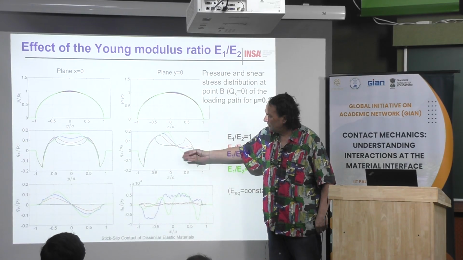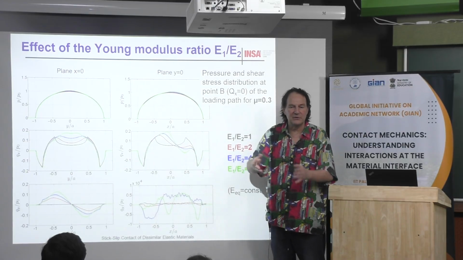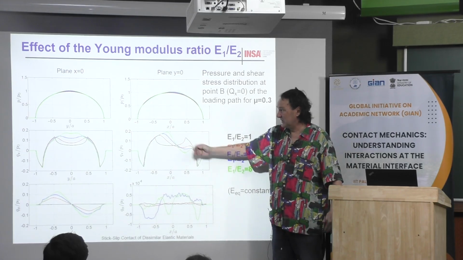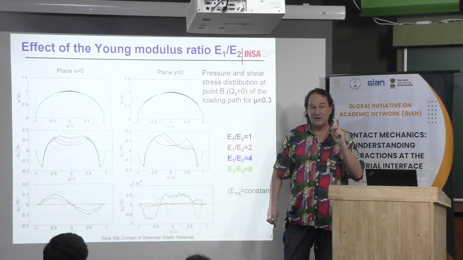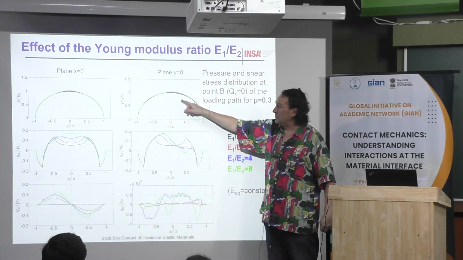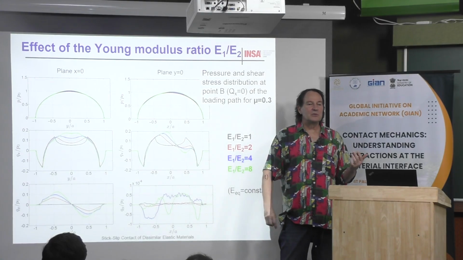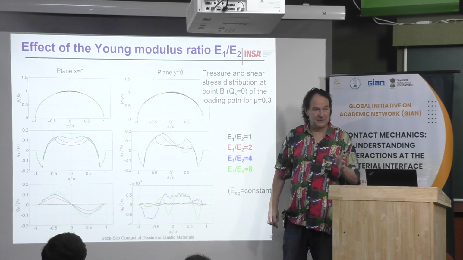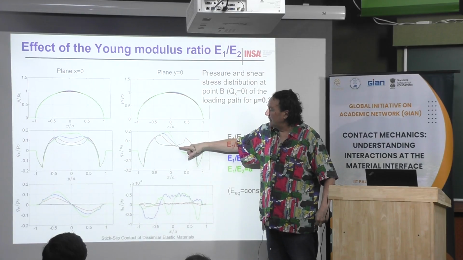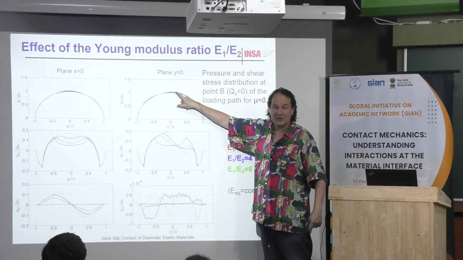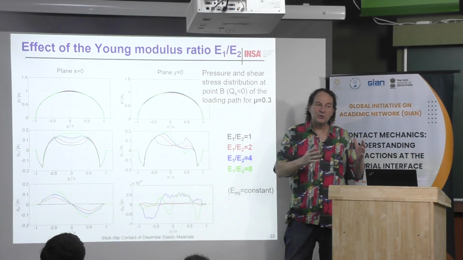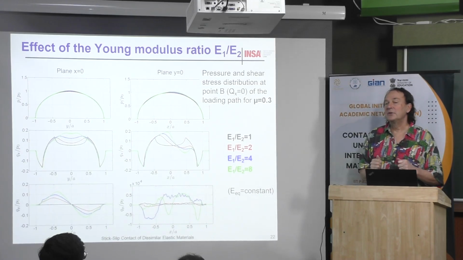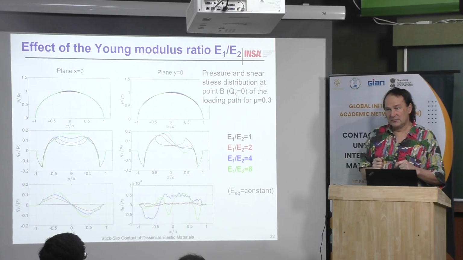This is along the x-axis. Of course, in the middle there is some symmetry because this is a sphere on a flat surface, and there is one plane of symmetry and one plane where there is no symmetry. This is the first result. The second one, which is very interesting, is the effect on the contact pressure. Until now, we assumed that the contact pressure is given by the Hertz solution, including for EHL contact. You can see here that there is some effect. When you have friction, there is some effect on the pressure distribution. The pressure distribution is not fully independent of the friction coefficient, especially for elastically dissimilar materials.